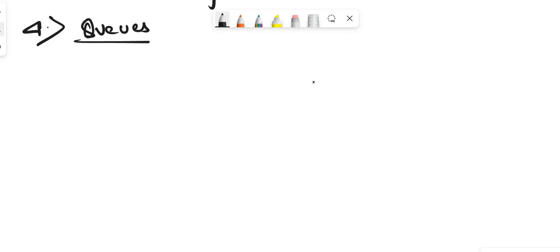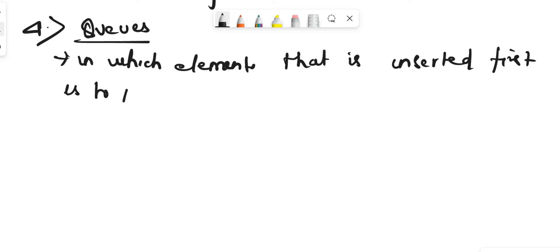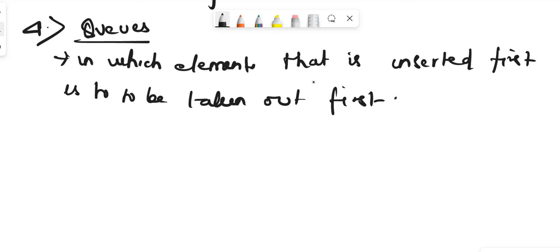Okay, so queue is a data structure in which the element that is inserted first is to be taken out first. It means that the element which is inserted at first, that element only comes out first. Not unlike stack, where the first element to be inserted was last to be taken out. Okay, so it is based on the principle of FIFO, which is first in,